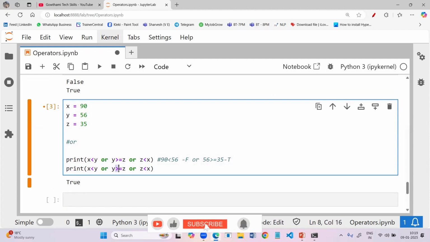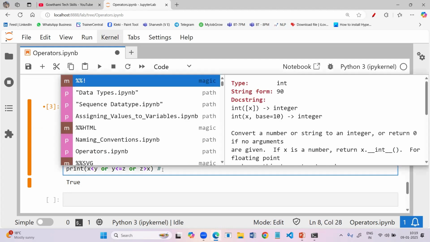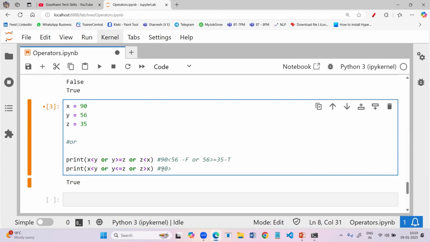Suppose I change it like this. Let's check this one. What is the output for this one? The first condition is 90 greater than 56. Obviously, it is false. Using the OR operator, check with the other condition. 56 less than or equal to the y value, which is 35. This condition also returns false.